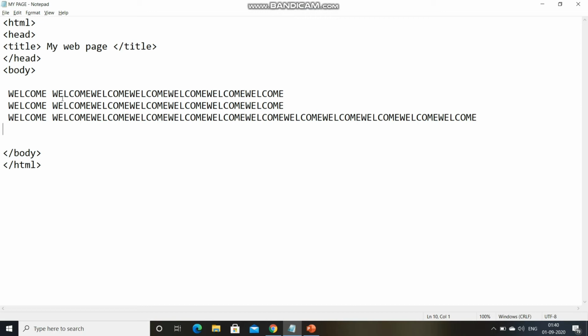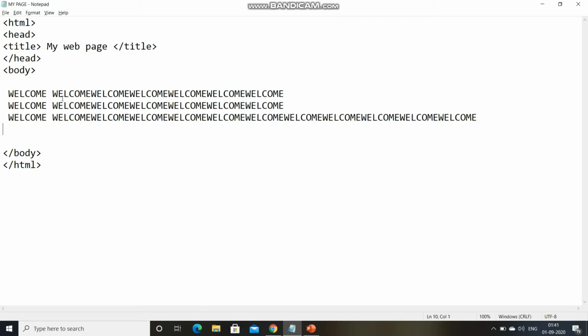When we want to write multiple lines of text, we generally divide that text into paragraphs. Like in MS Word and Notepad, we use the enter key to add a new paragraph in the document. But in HTML, the enter key does not add a new paragraph on the web page. For that, we have to use the paragraph tag.